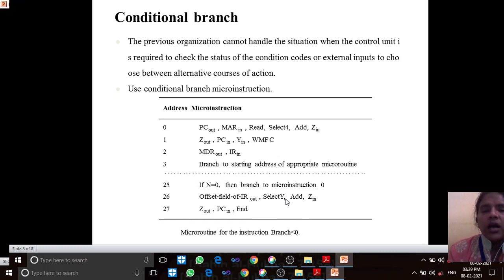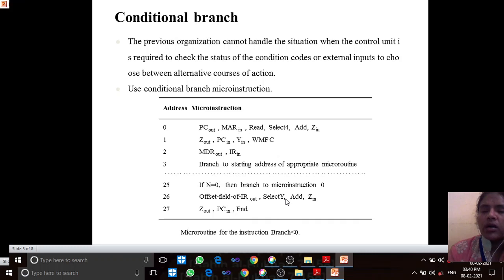Let us see how the conditional branch micro instruction executes. At the beginning of the micro instruction execution, the address will be transmitted from the program counter to the memory address register, and then a signal will be issued by the control unit. After that, select 4.